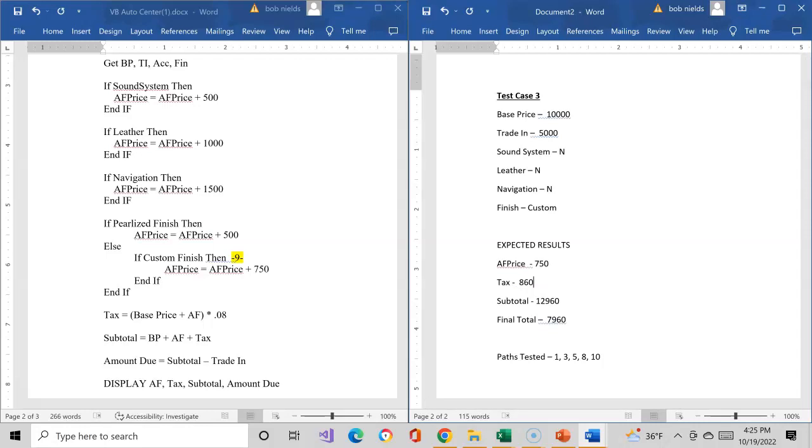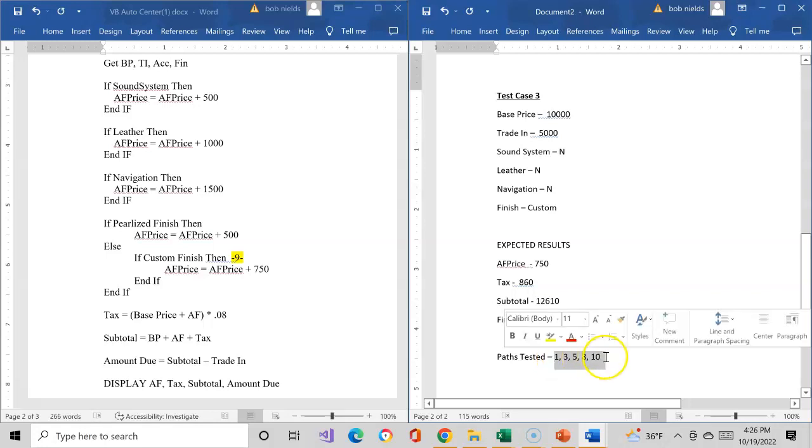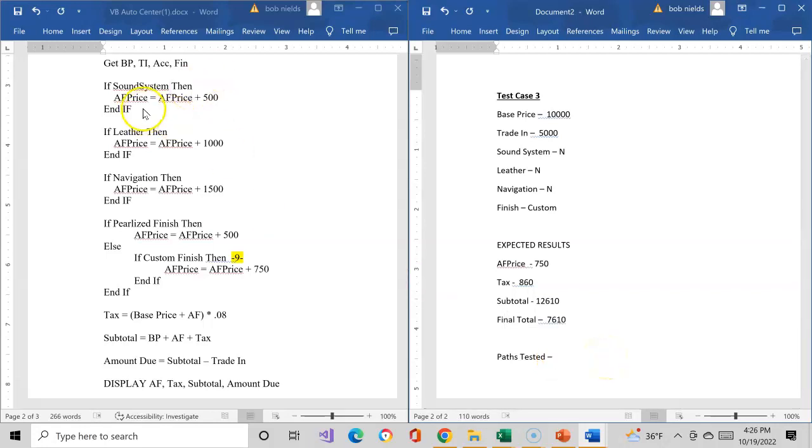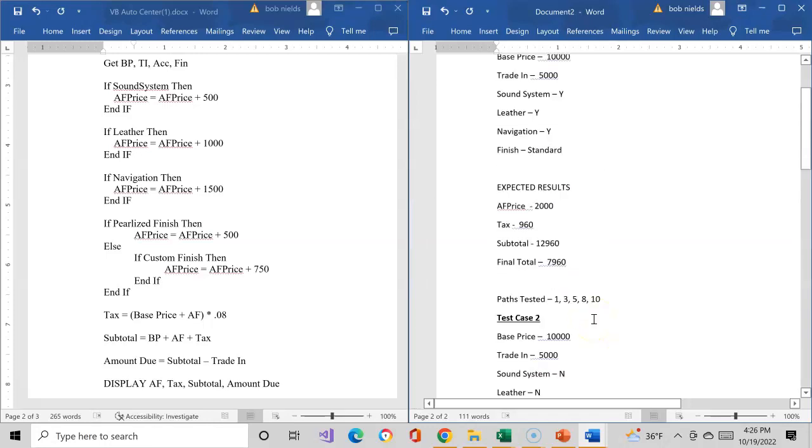Okay. Plus 750 plus $10,000 is 11,000. In this case, 11,610, and $5,000 off of that should be 610. And there you go, $7,610. In this case, we sit back and say, okay, what path did we test? I can sit back and label all those old ones again, but in this case, we made sure we tested path 9. And so by these 3 test cases and exhausting all the paths, I know my program